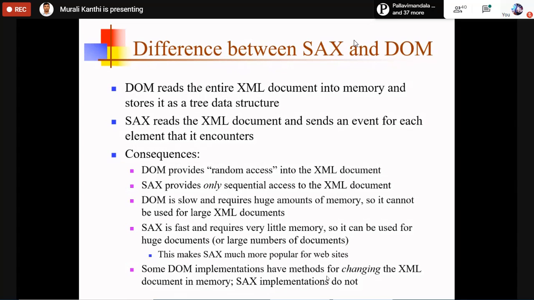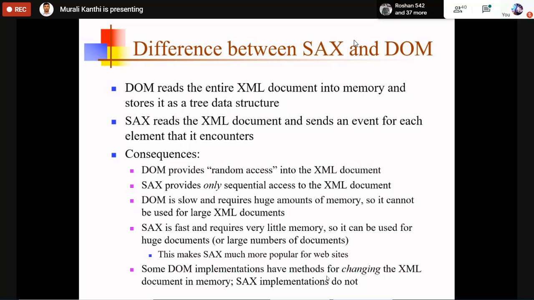So if your document is in the memory, by using those special methods, whatever element information needs to change, elements can be modified by using DOM. But by using SAX, that cannot be done. So that is one difference you can observe. So these are the differences between SAX and DOM.